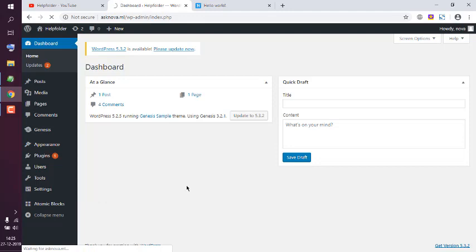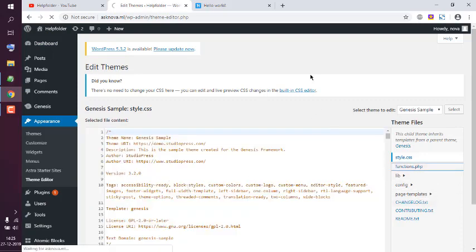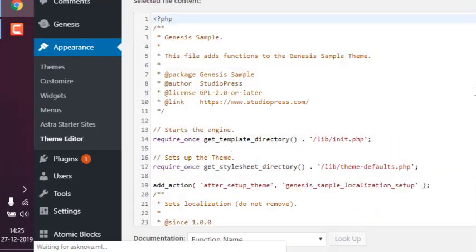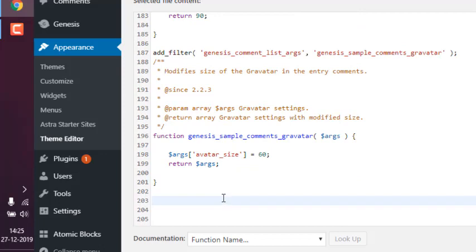Now here we will open functions.php, and we will edit that. So basically we will go to the bottom of the file and add our line of code to get rid of Genesis entry meta. So what we're going to do is type in remove_action,